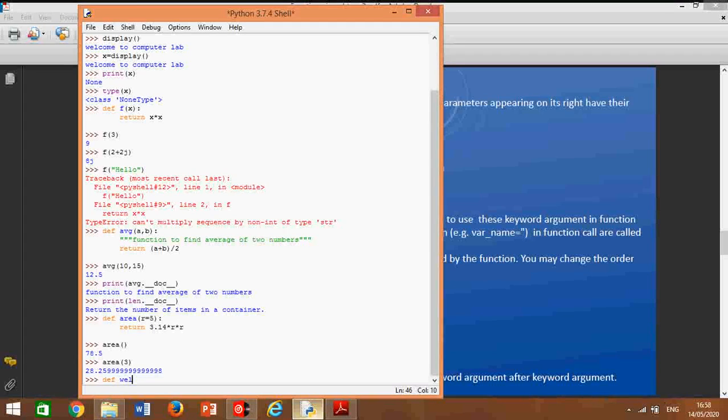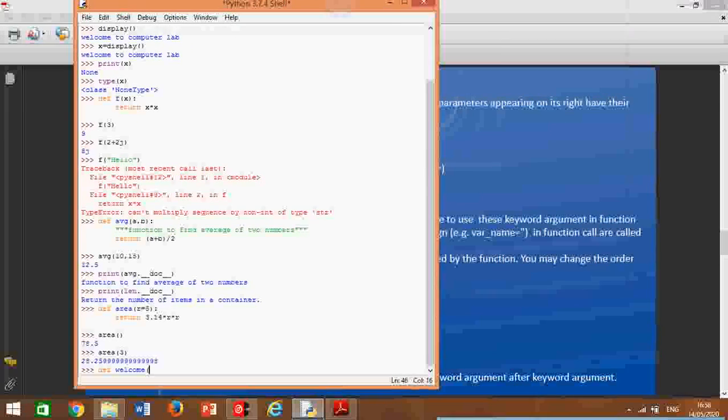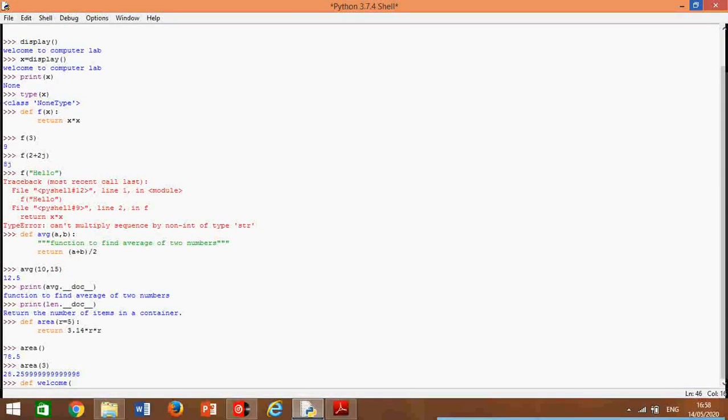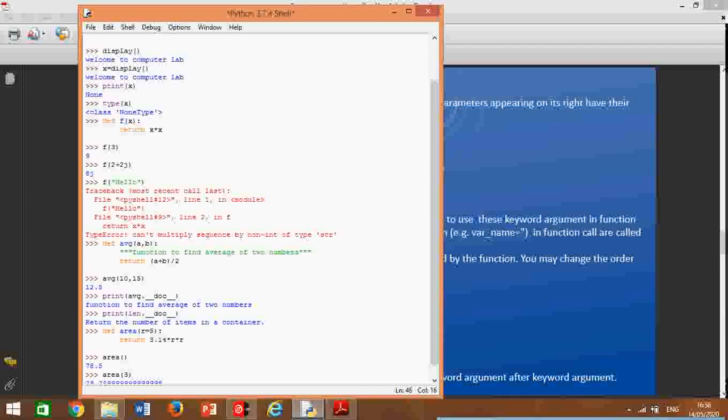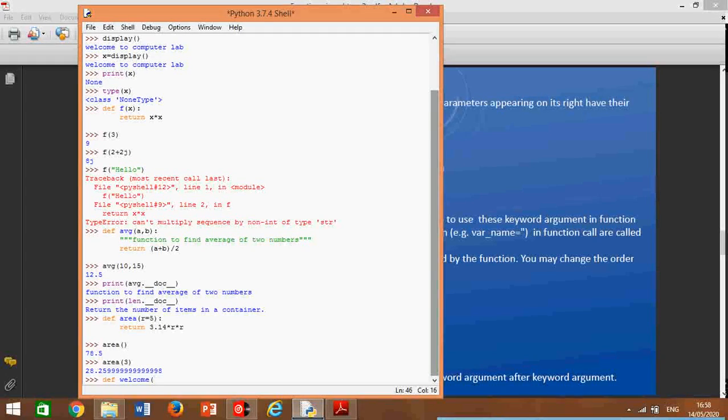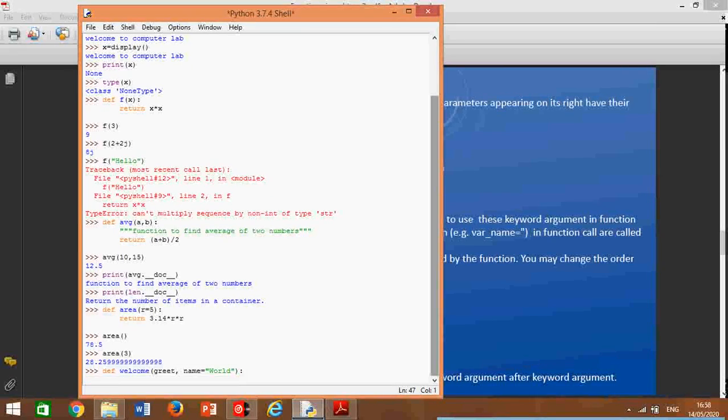def welcome, greet is the first argument, then name is equal to world, colon, print greet, comma, name.